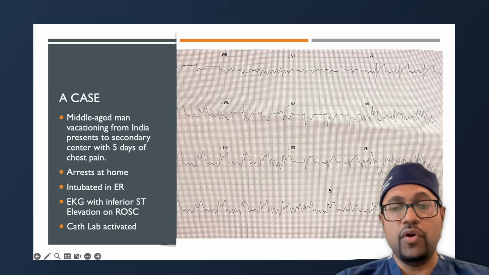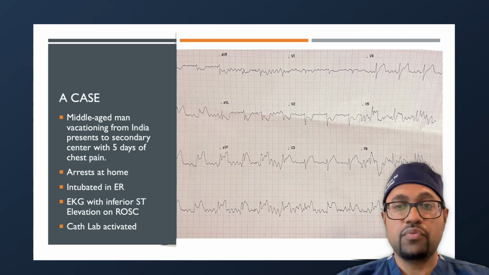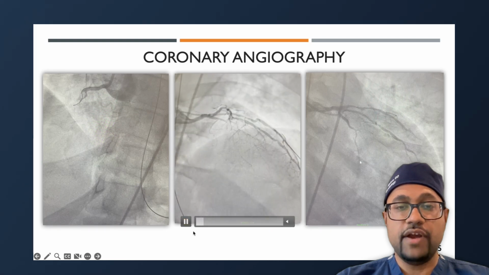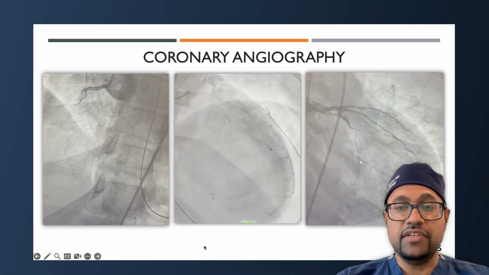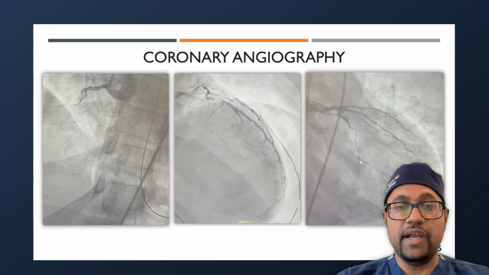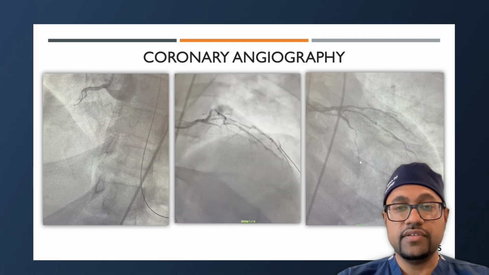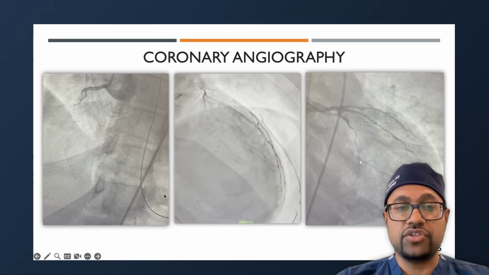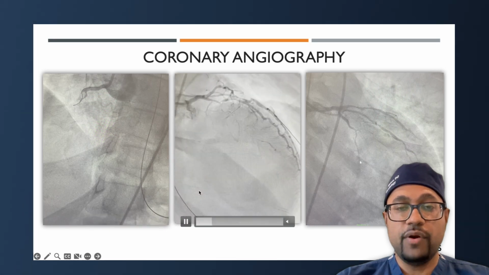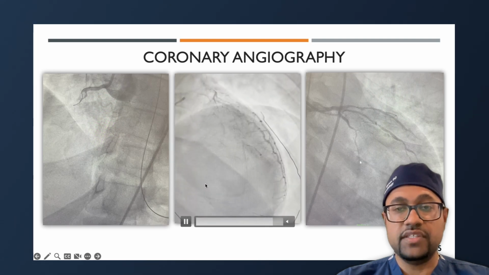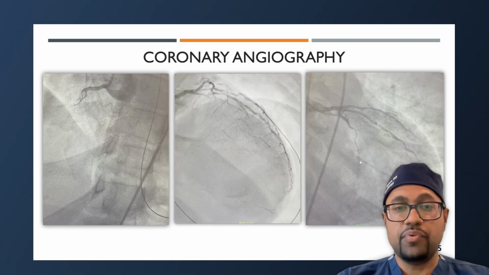So when I'm going into the cath lab, I'm concerned that he has an occlusion of his artery called the right coronary artery. So this is what we found on coronary angiogram. I'm going to start with the second video first. And this is the scary moment when you take a picture and you're like, oh my gosh, this guy has extremely severe coronary artery disease. We actually had to go femoral, or from the artery in the leg, because the patient was showing signs of potential cardiogenic shock or low blood pressures.